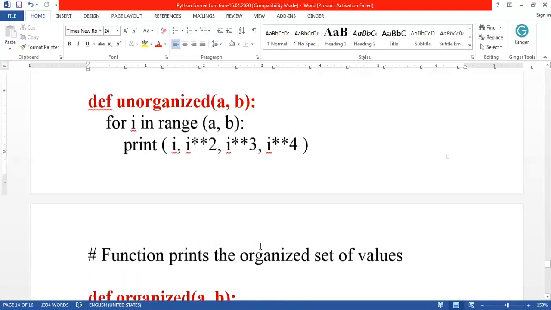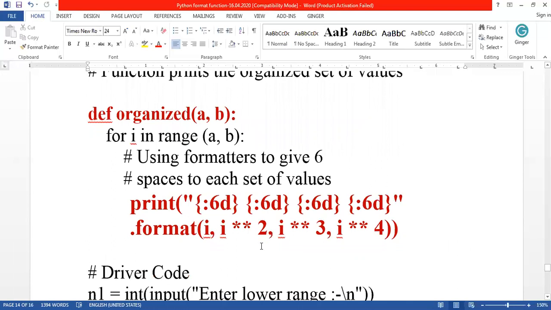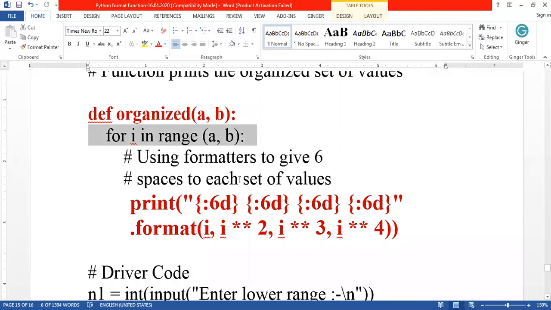The next one, you can give it like this also. Here I am using a loop and displaying the values. The first value has to be multiplied by 2, then exponential by 2, exponential by 3, and then exponential by 4.